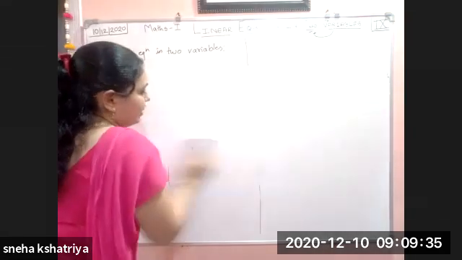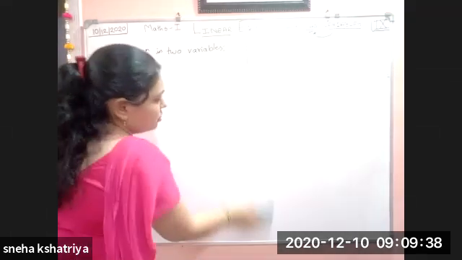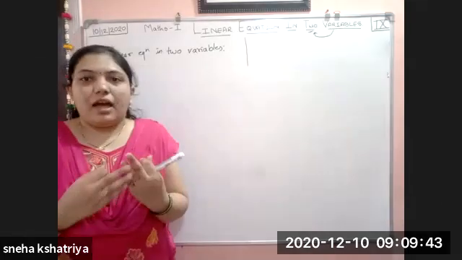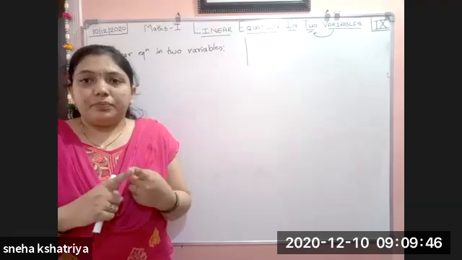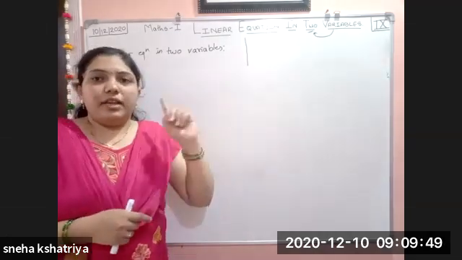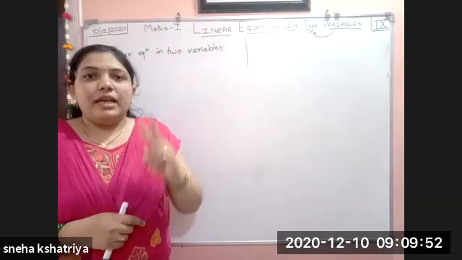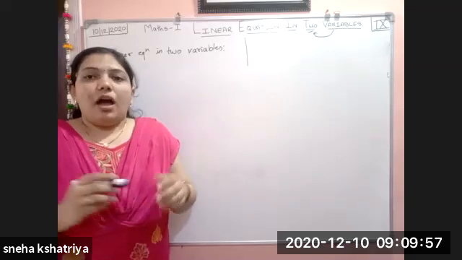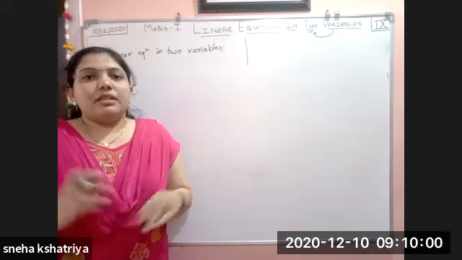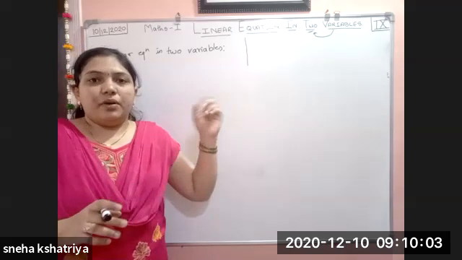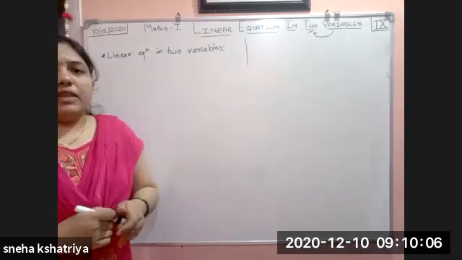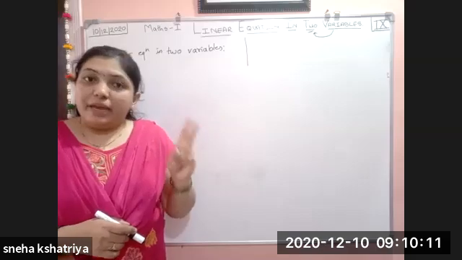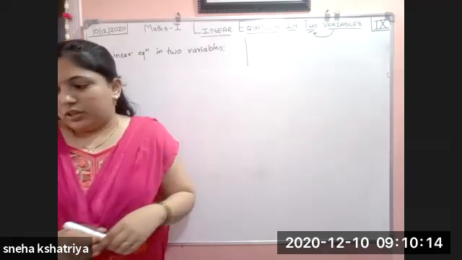So basically, here you only have to find the solution of the given linear equations. There are three types of solutions. First is one solution, meaning both the linear equations have only one solution. Second is many solutions, meaning they have more than one solution. And third is no solution, meaning there is no common number between both the equations.